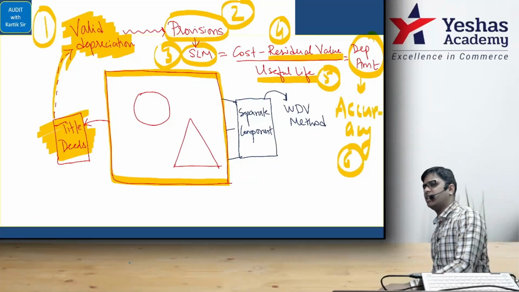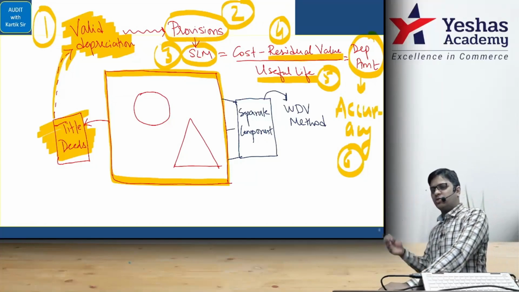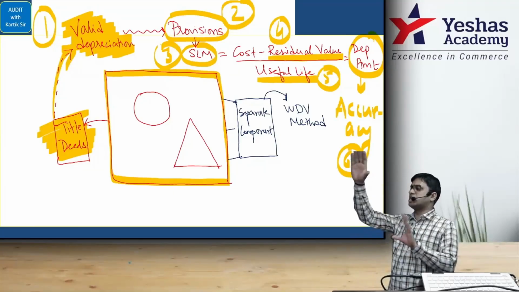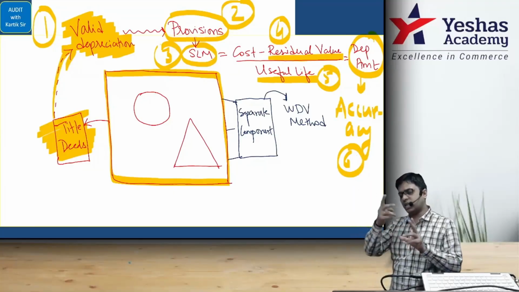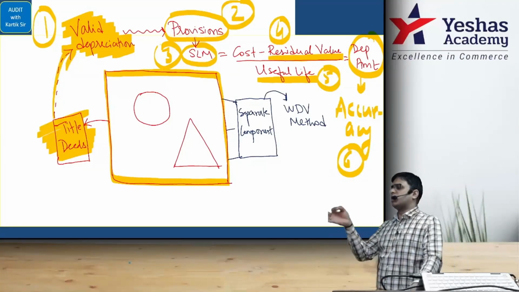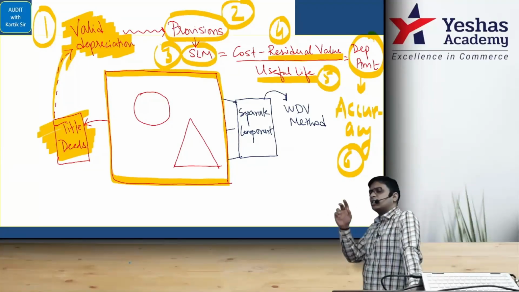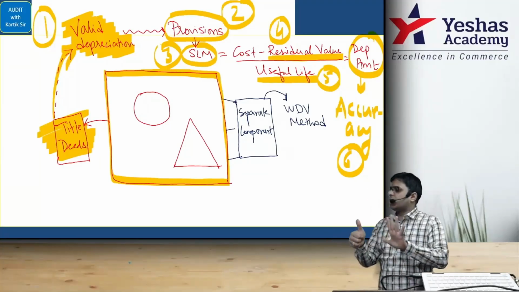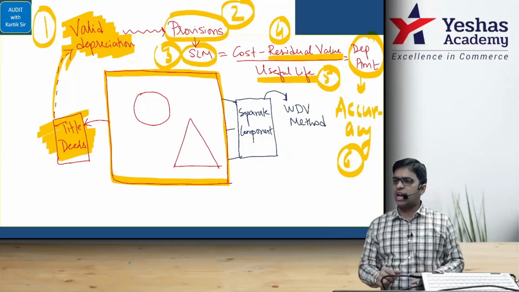Anyway, the first 6 points are very easy. Going through the diagram is very clear, so it is easy. Then we go for it. First is what? We will check whether depreciation is valid. That will come from looking at the title. Second, whether the company is complying with the provisions of depreciation. Third, accounting policy is proper or not. 4, the residual value is computed properly or not. 5, the life of the asset, that is basically you are looking at the useful life. And point number 6, depreciation is calculated accurately or not.